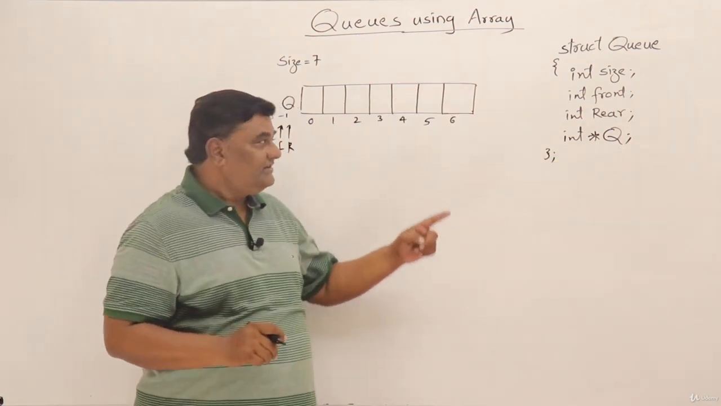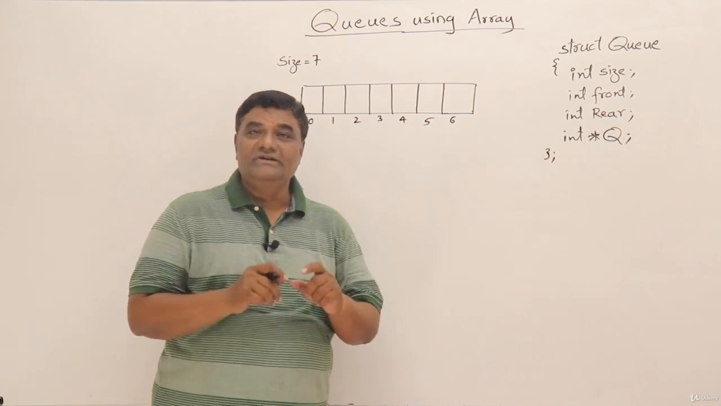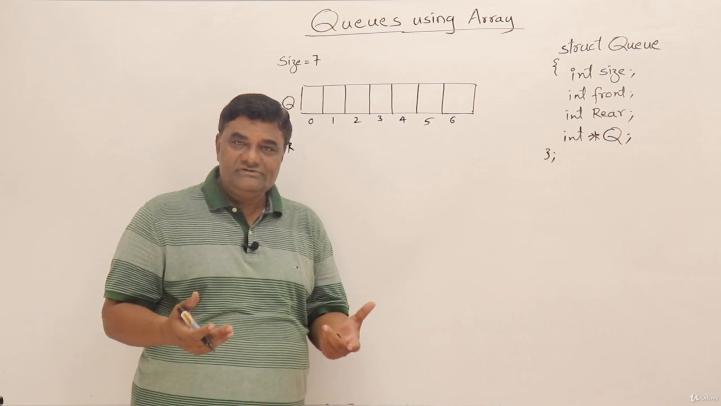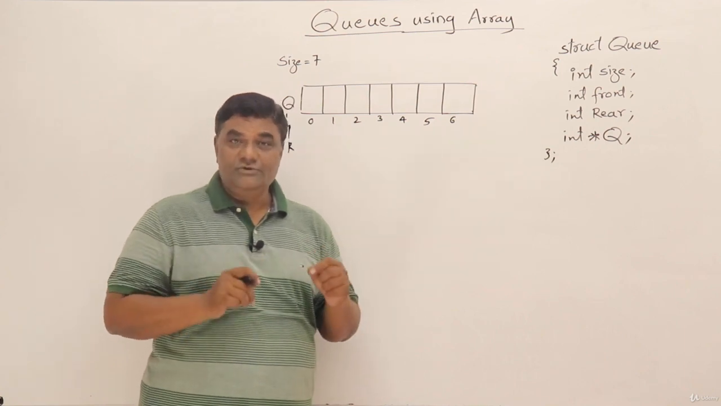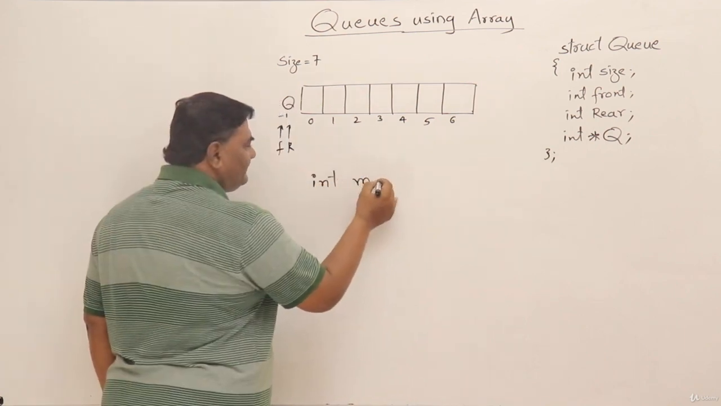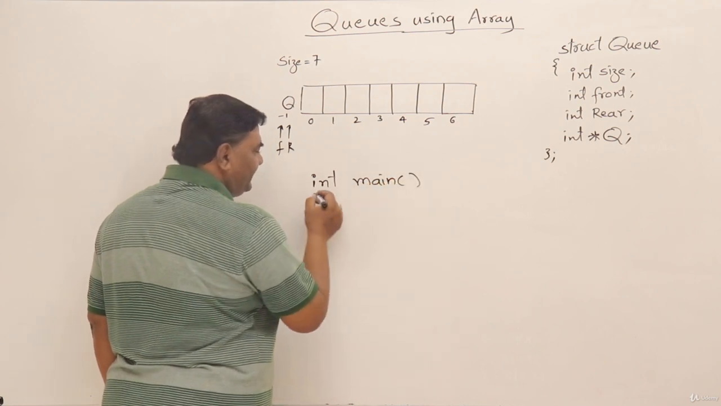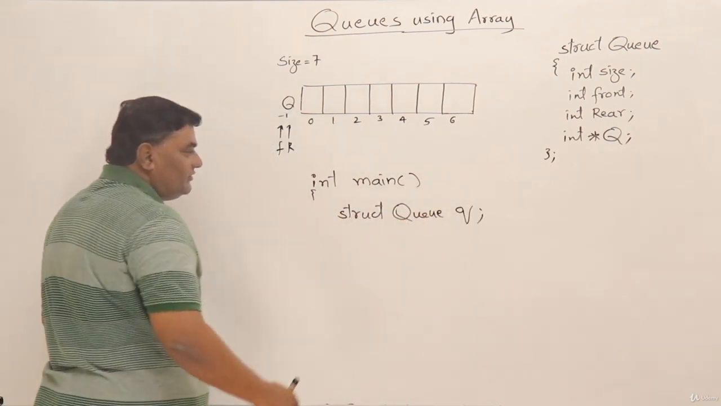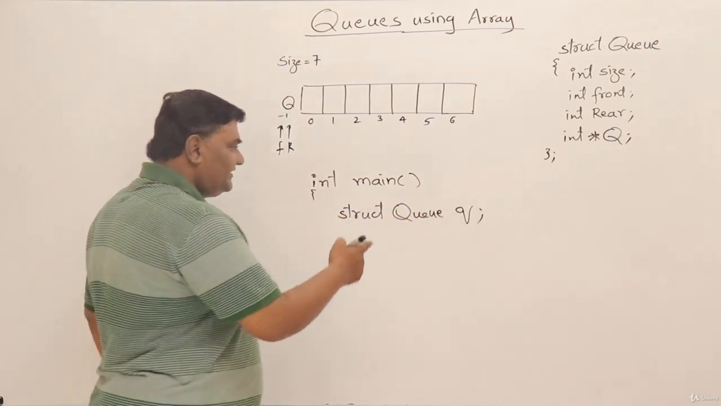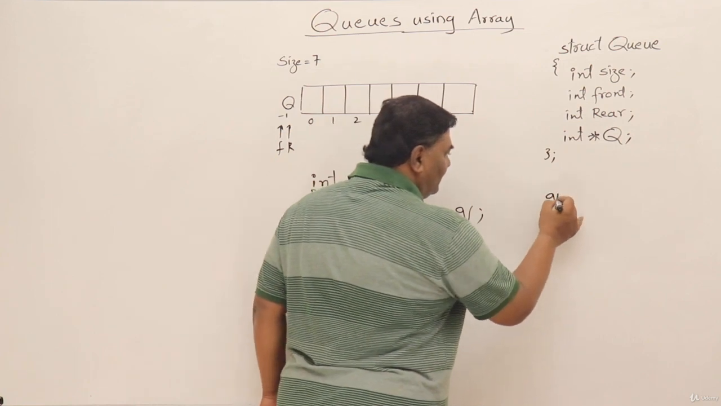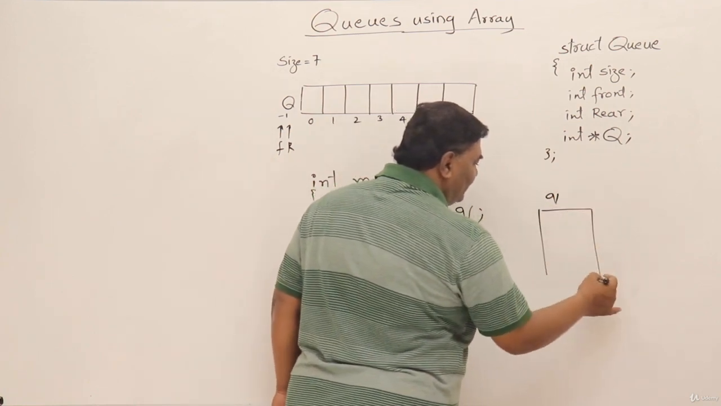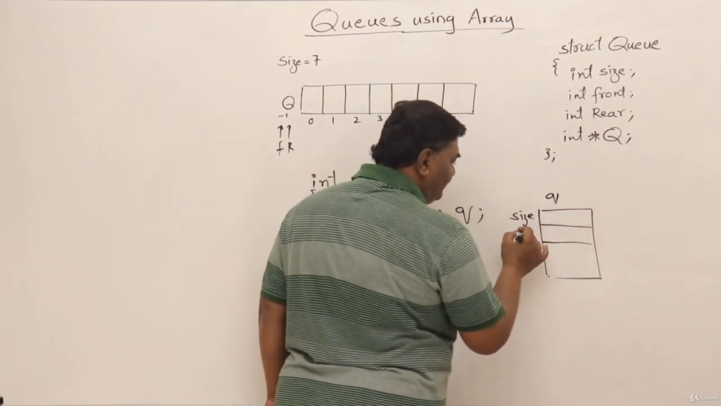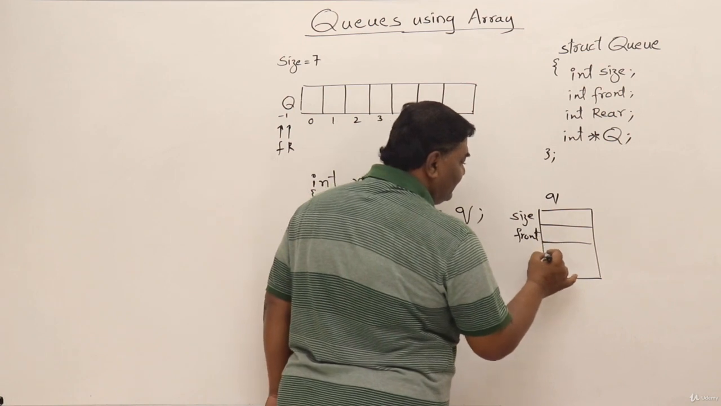Now let us see how to create a variable of that structure type and how to initialize it. I will write the program code and show you. We will be using it wherever required whenever we are using a queue. Let us assume that this is the main function. Inside the main function, I am creating a variable of type structure queue. This queue is an object of that structure type. Once I create this object, I'll get the following members: the first one is size, the second is the front pointer, and the next is the rear pointer,